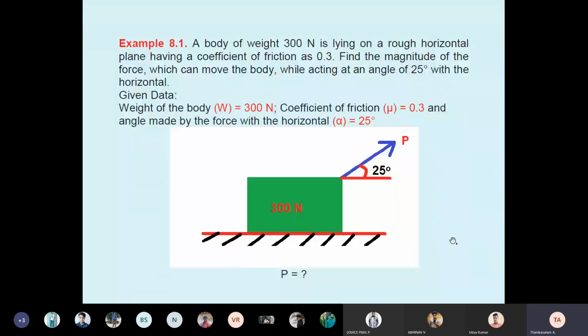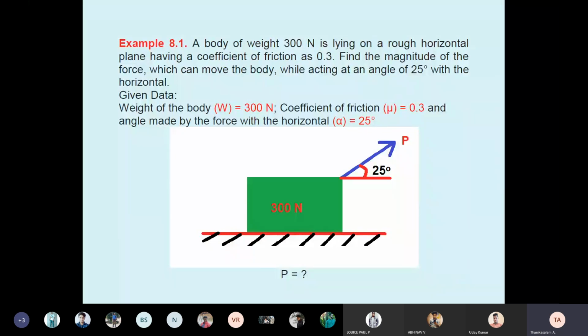Whenever a diagram is not given, you read the question and draw the diagram. The questions will come from whatever is discussed in the class only. There is no new problem that will come in the examinations. So you can go through these types of problems. And also I request students, don't memorize the problems. Understand the concepts. Then only this subject is very easy.